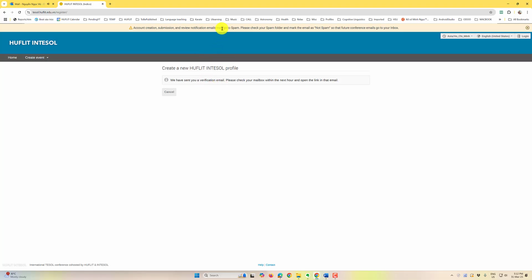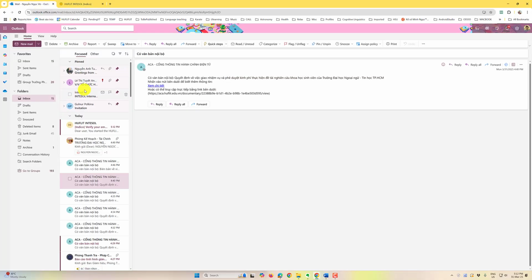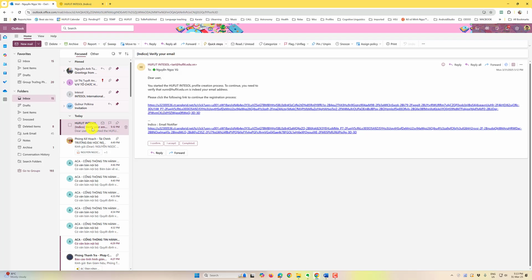That email may go to spam folder. So please check and double check the other folders beside your inbox. Now, in this case, the emails from HUFLIT INTESOL conference go straight into my inbox, but for some other people, it may go into the spam. So also check your spam folder. Now, I click on the verification link